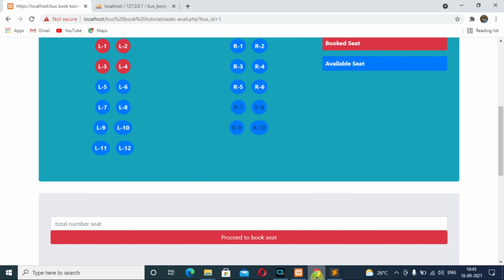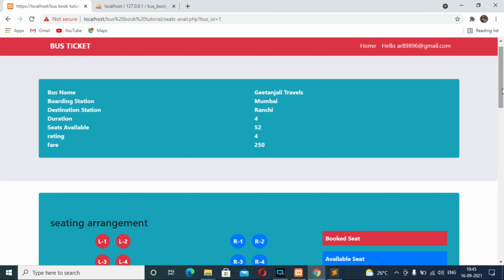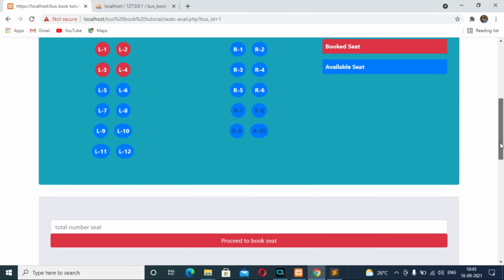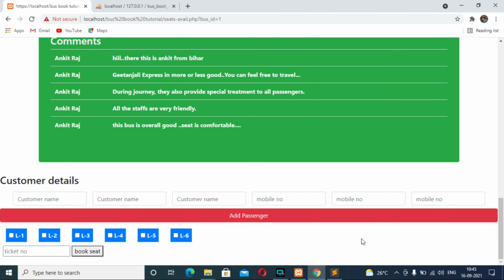Okay, first let me check whether the output is coming successfully or not. For this, type here 3. Now we will be provided 3 inputs for customer name and 3 inputs for mobile number. So here we go. Type here 3 names.